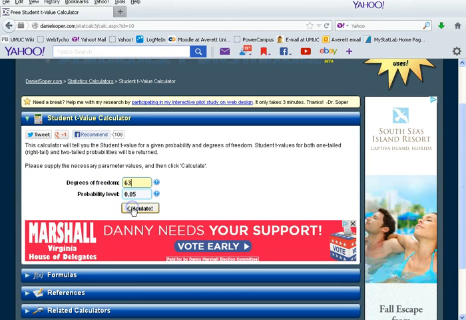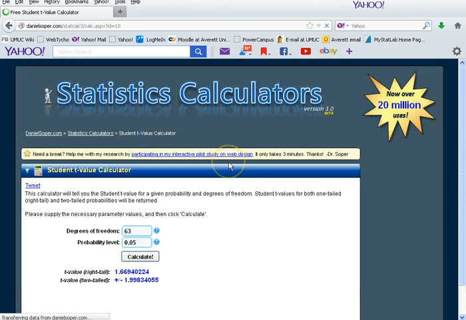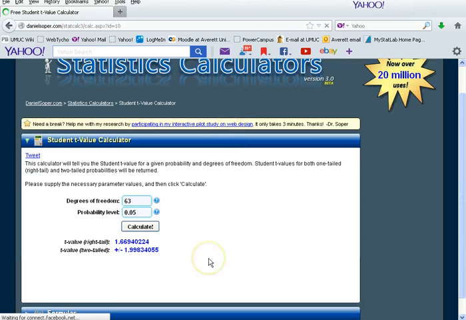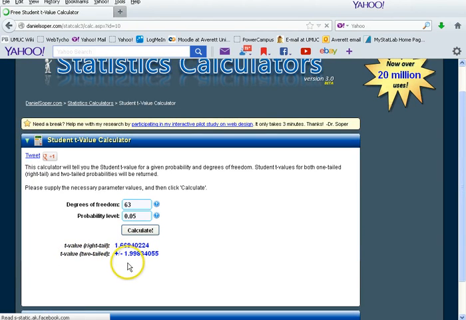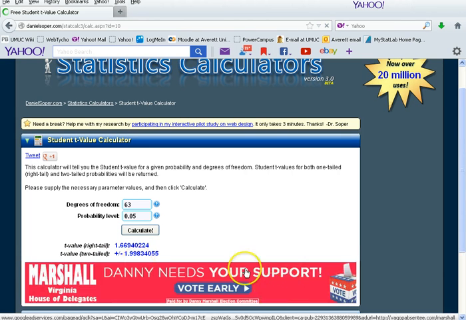Click on calculate, and finally we get our value. Now this is a two-tailed test, so we know that our value is going to be 1.998. So let's take this 1.998